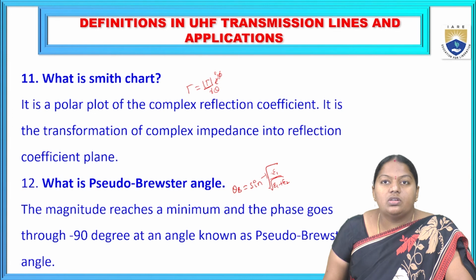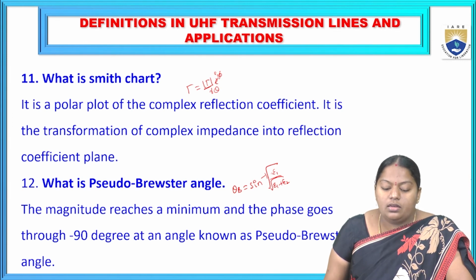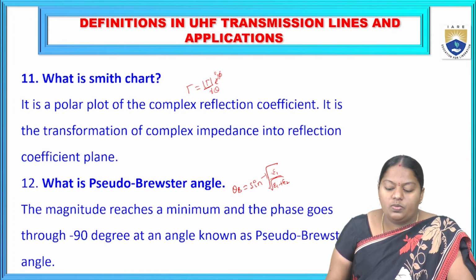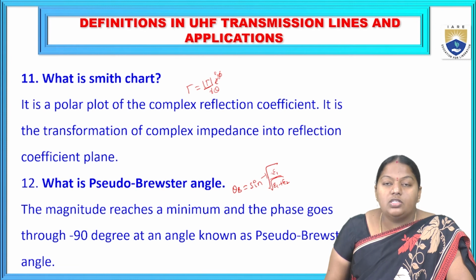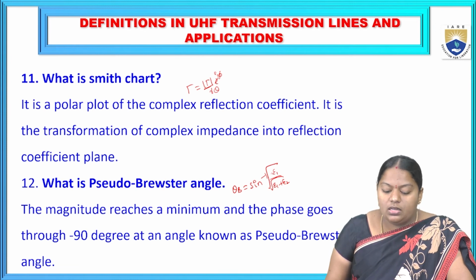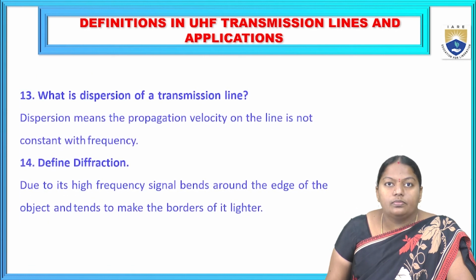So with the help of the Smith chart, we measure reflection coefficient and standing wave ratios, and with the help of this Brewster angle, we will be able to measure a minimum and magnitudes as well as exact 90° phase angles. Next,